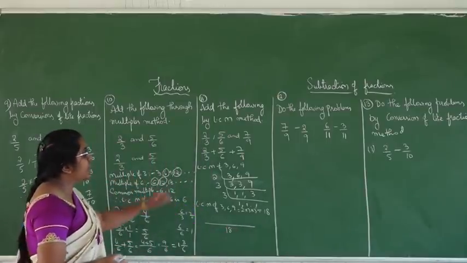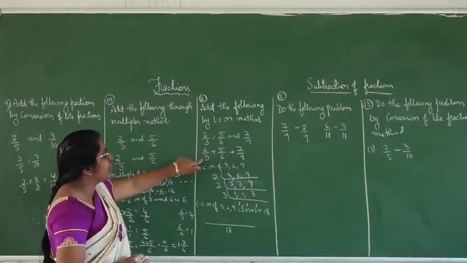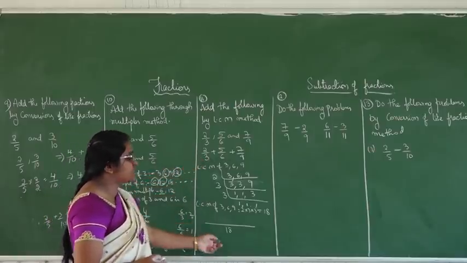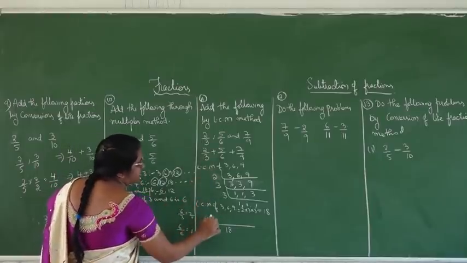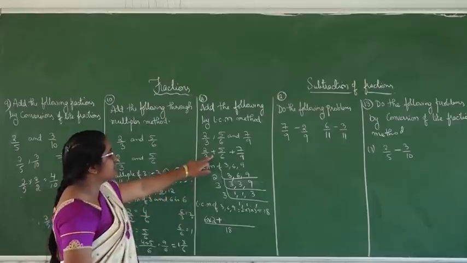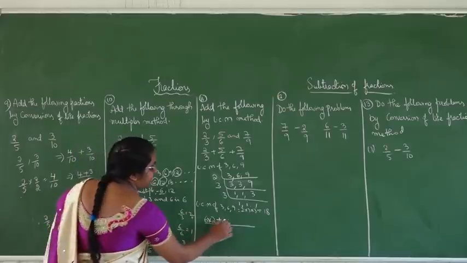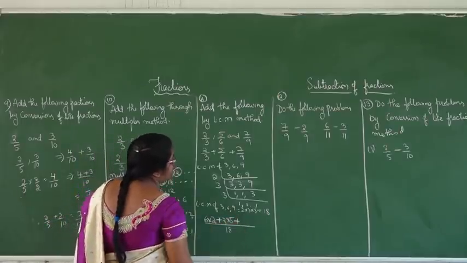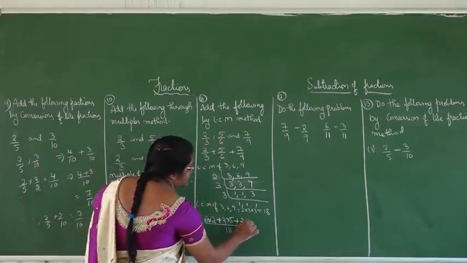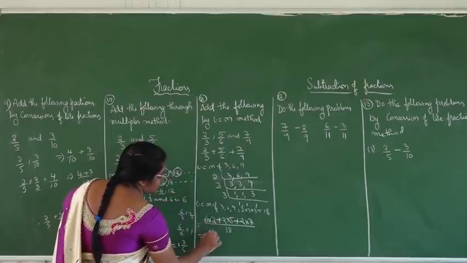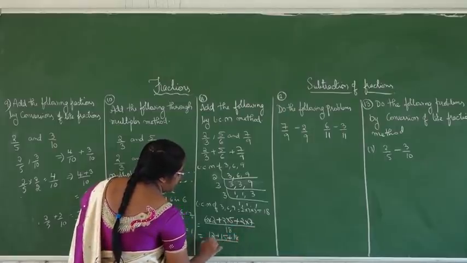So we take the denominator as the LCM, that is 18. Now the first fraction is 2 by 3. What is the denominator of the first fraction? That is 3. Now I have to see how many times 3 goes into 18. That is 6 times, 3 6s are 18. So 6 into numerator 2, plus. Now the second fraction is 6. 6 3s are 18, so 3 into numerator, plus. Now 9, how many times 18? 2 times. Now 2 into numerator 7. Which is equal to 6 2s are 12, 5 3s are 15, 7 2s are 14 by 18.